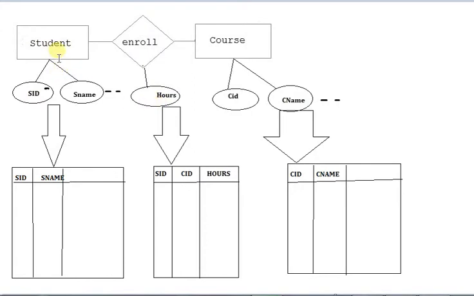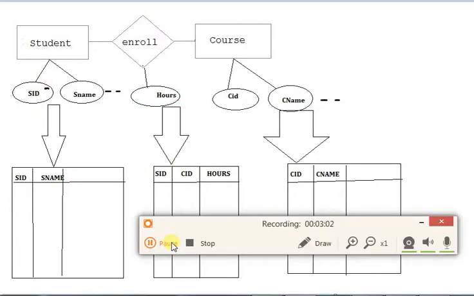When we come to the implementation of this ER diagram into the database, we will be converting this ER diagram into tables through some database language like SQL. We will have three tables: one for the student entity set, one for the course entity set, and one for the enrolls relationship. The student table will represent the list of all the students of, say, some class or some university.